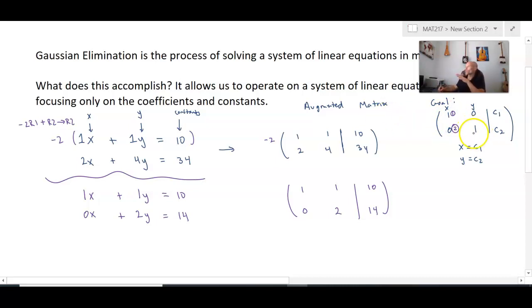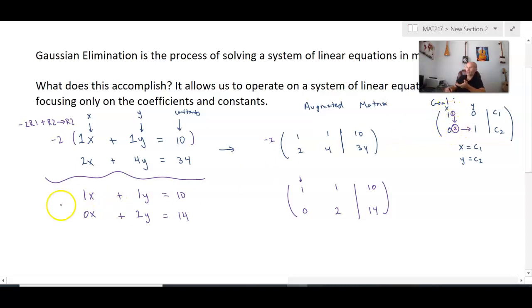And the reason for that is because once you move inwards, and what I mean by move inwards is now we're going to focus on the y coefficients. If I take a multiple of this row and add it to the top row to help me cancel out that 1y, then I'm not going to be changing the coefficient of x right here in the first row because I'm taking a multiple of 0 and adding it to 1x. So by doing this procedure in this fashion, getting this to be a 1 if it's not already a 1,